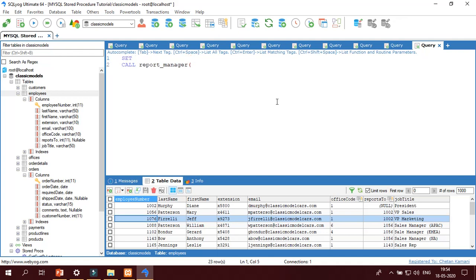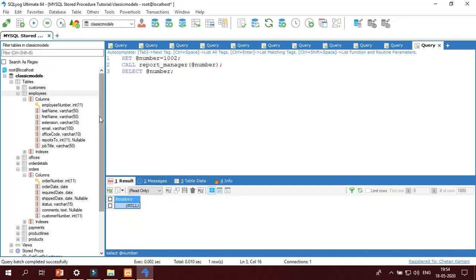For that, set @number equal to 1076. I have to pass that number. It will change to report whom this employee reports to. Then select @number. Okay, I'm getting null.